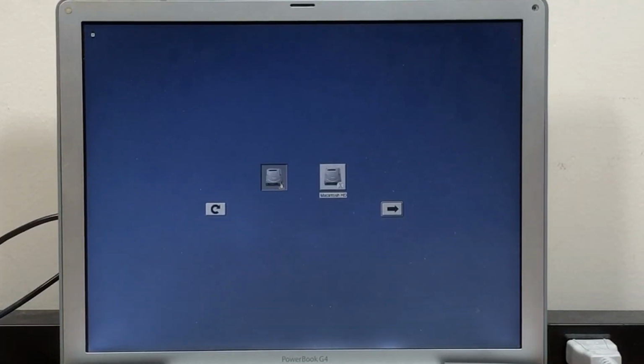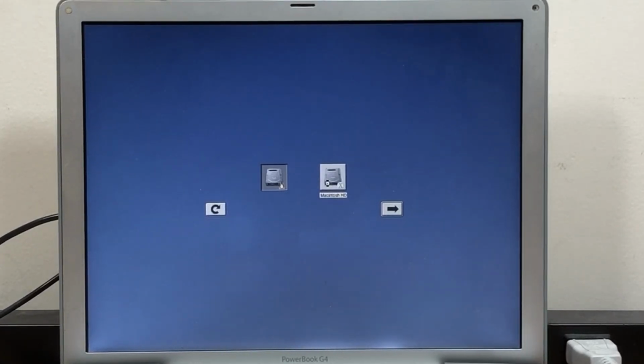Because I wouldn't be surprised if the hard drive just doesn't show up in the boot menu at all, and this corrupted both my Mac OS installation and the Linux installation. So, okay. Wow. Wow. Wow. It looks like they're both actually here. That's a surprise. I did not expect that. I fully expected both of them to not work. But it looks like Linux and Mac OS are both installed on this computer, dual booting perfectly fine.